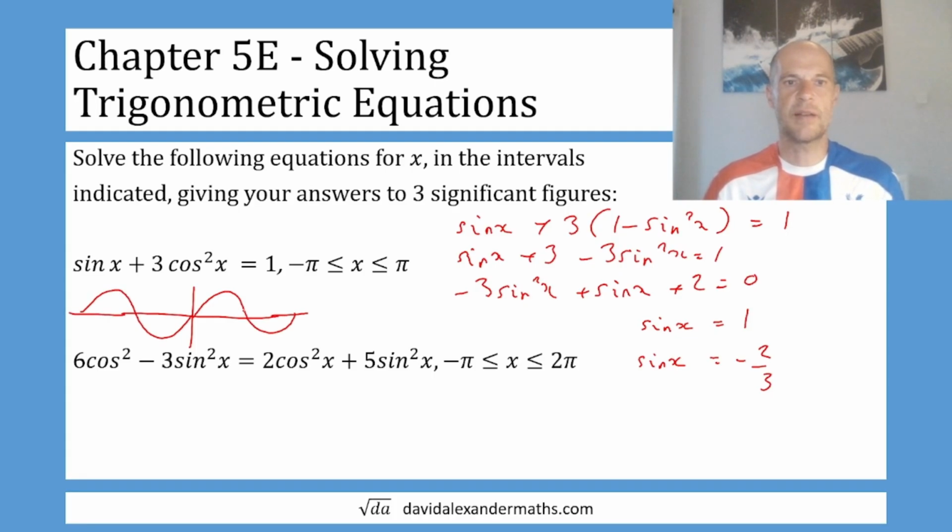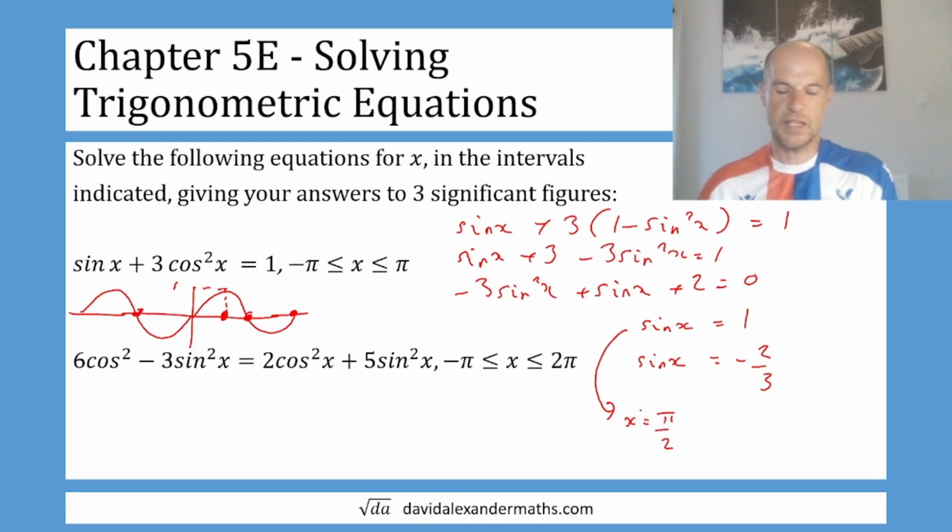So we're interested in, remember this is 2 pi here, so this is pi, and this will be negative pi. So when's it 1? At this point here, which is pi over 2. So from sine of x equals 1, we get x equals pi over 2. Now for sine x equals minus 2 divided by 3, shift sine that answer, I'm getting x equals